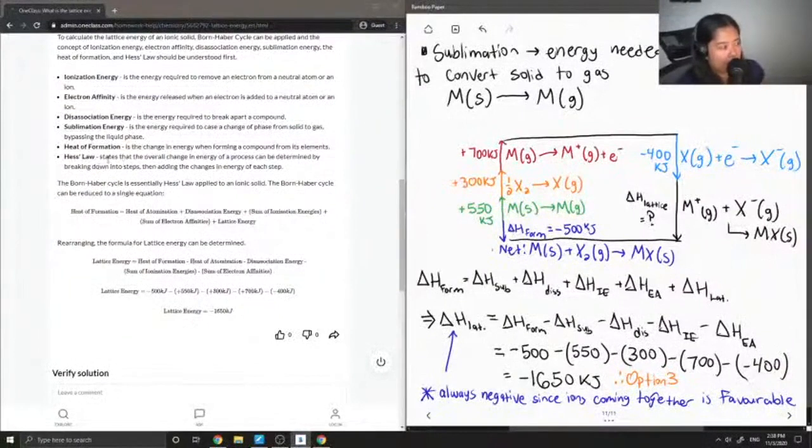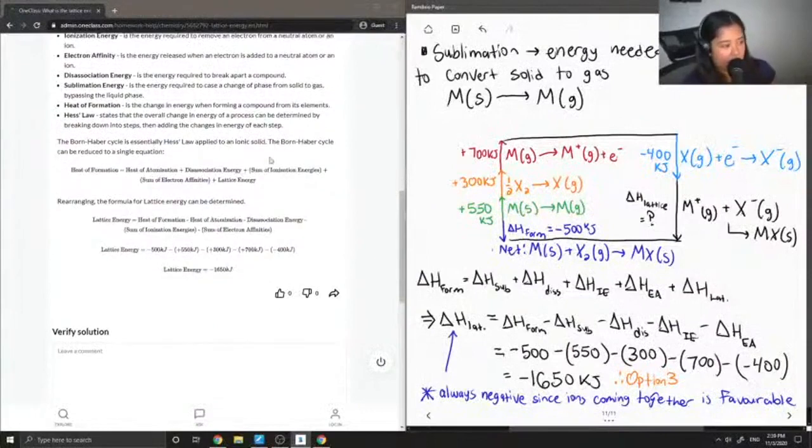And then Hess's law states that the overall change in energy of a process can be determined by breaking it down into steps, then adding the changes in energy of each step. So that's what we did in the last part here. So the Born-Haber cycle is essentially Hess's law applied to an ionic solid. The Born-Haber cycle can be reduced to a single equation where heat of formation is equal to heat of atomization. So this is the same thing as the lattice energy. Oh, I know. It's the same thing as when you